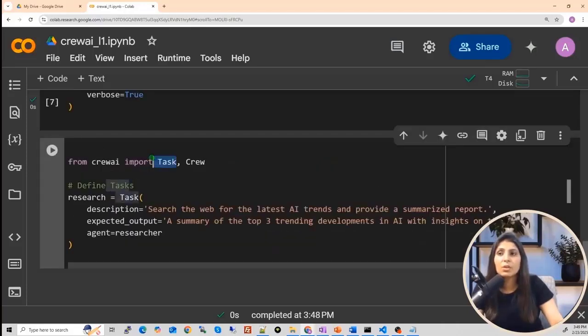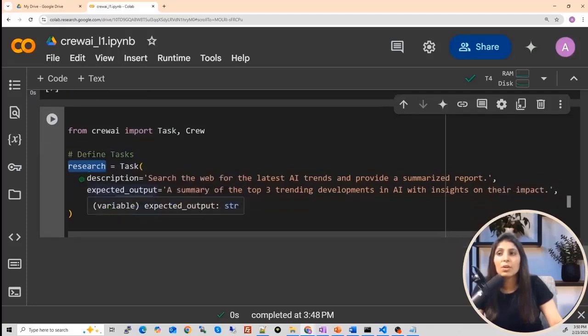First of all, you need to import Task from Crew AI. And then this is how you create the task. How many tasks do we have? We have 2 tasks. First is to search the internet and fetch news. Second is to write. So this is the first task, and the name of the task is research. As I've told you, we will provide these 2 things: description and expected output, and the agent.